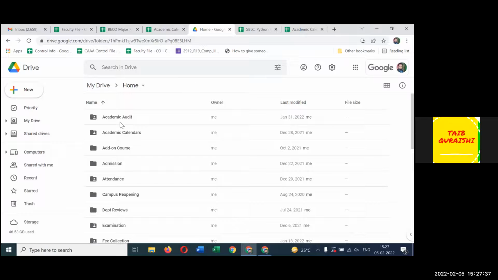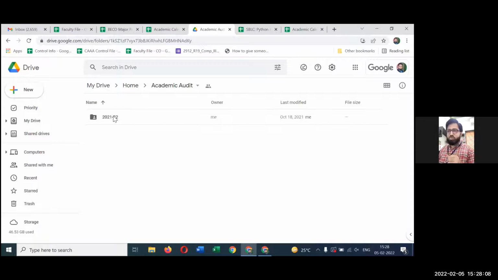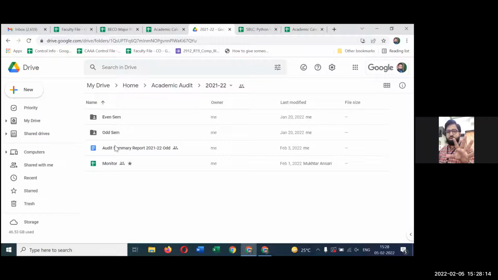We have audit drives, where the auditor calls and checks. Right now, the audits are going on, like in first year the audit is going on. So why do we have to have those audits then? No, audits are required because there you need to have some communication also. There are a few things which need to be explained. If there are things which do not need any explanation, then that can be done, no issues. For example, you can see the academic audit folder for this specific year, I have even sem and odd sem. So all my data I am maintaining over here.